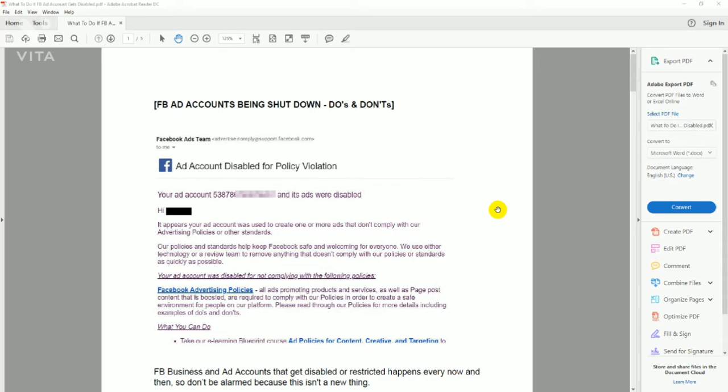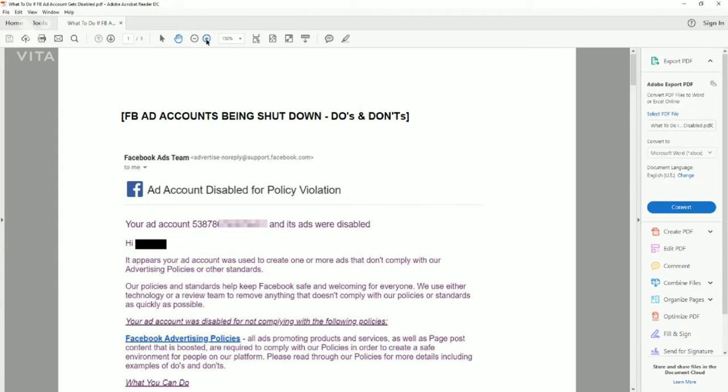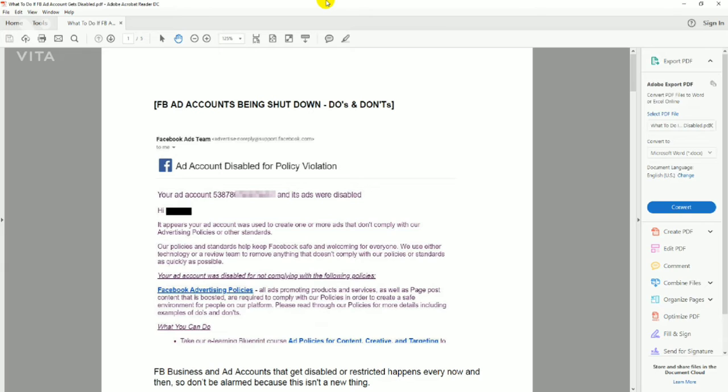Okay, you might get an email like this: ad account disabled for policy violation. Now, I'm showing this to you in the form of a screenshot because I don't have an actual account that I can show you right now, because either they've already been appealed successfully or they're already in the graveyard somewhere. Okay, so anyways, I want to prepare you on how to get your account back